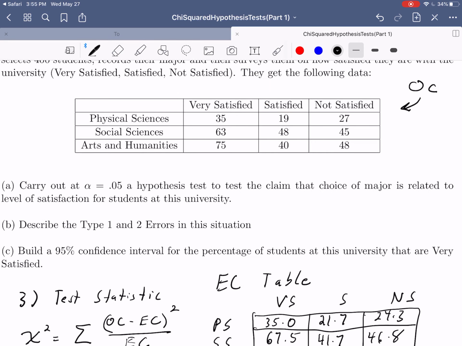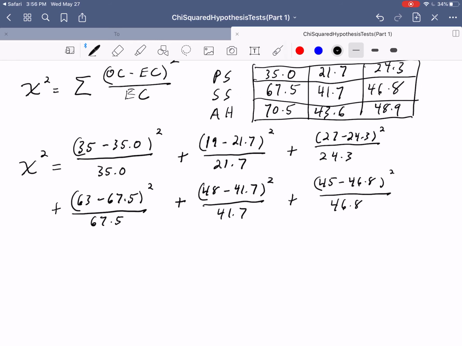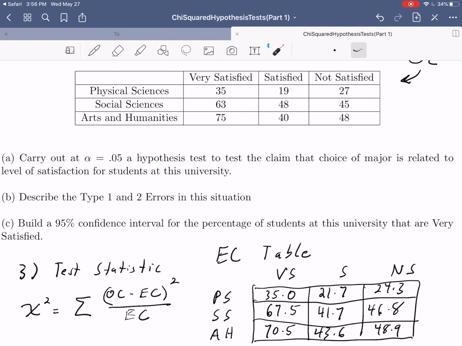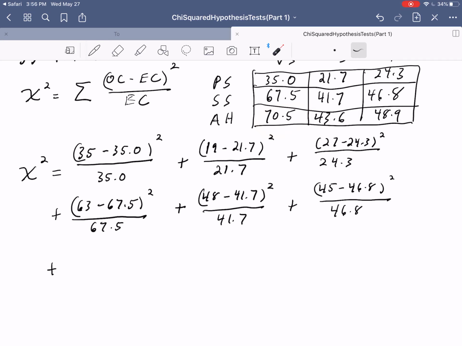And then we observed 45 against an expectation of 46.8. So 45 minus 46.8 squared over 46.8. Plus, now we're on to our last row. We observed 75 versus an expectation of 70.5. So 75 minus 70.5